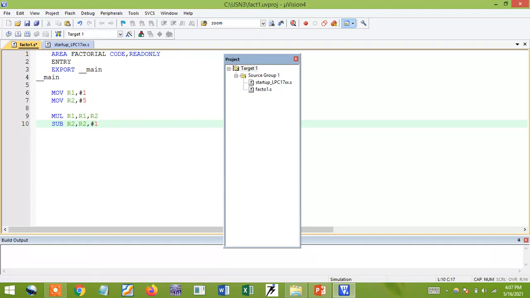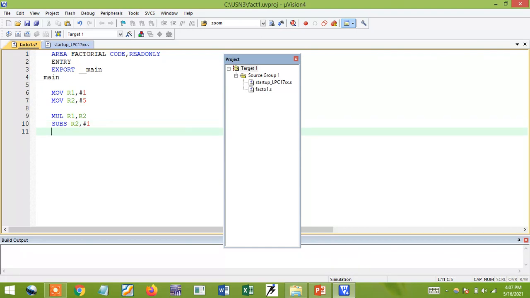If you want, you can reduce this. How to reduce? If I remove this R1 also, R1 is multiplied with R2 and the result is stored in R1 only. Next, here also R2 is subtracted by 1, and the result is stored in R2 only. If you want, you can remove it. As a good programmer, we need to reduce the number of instructions or variables as much as possible. So you can see the multiplication result is stored in R1, and R2 minus 1 is stored here only. Not to affect my flags, I'm going to use SUBS.